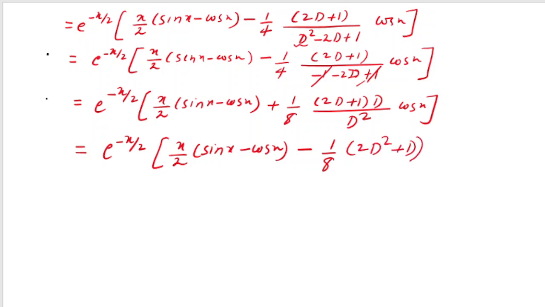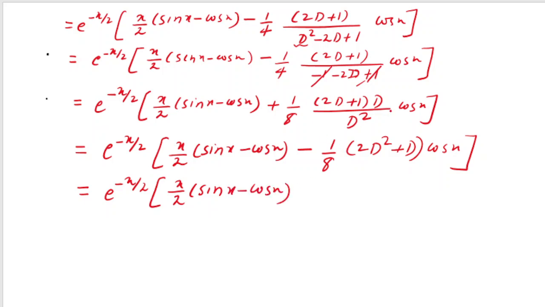Students should not get confused, so writing more steps should not be a problem. The final aim is to make a student very clear about it. So e to the power minus x by 2 into x by 2 sine x minus cos x. I am just copying the first part, and here this D square becomes minus 1, so this becomes minus 1